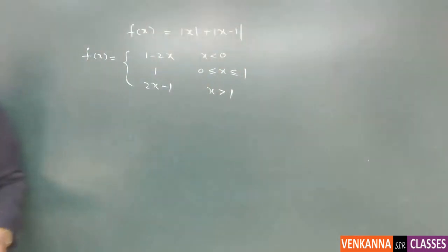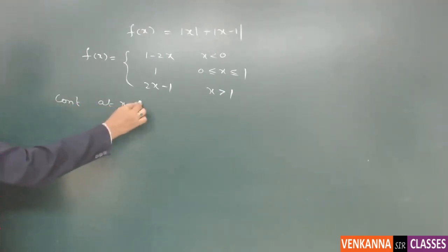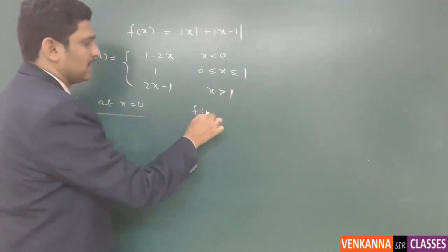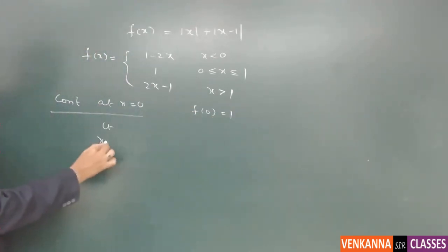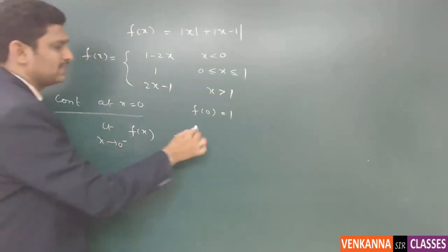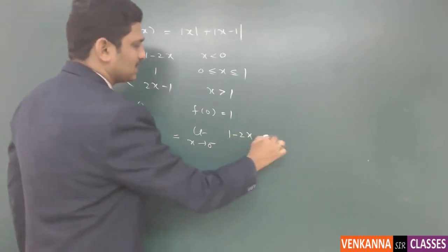Since you need to verify the continuity of the function at the two points 0 and 1, we are going to calculate that. So, continuity at 0. From this definition you have f of 0 is equal to 1. You calculate the limit as x tends to 0 minus of f of x. From this the value will be 1 minus 2x,